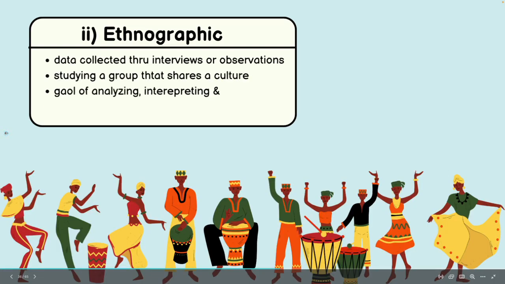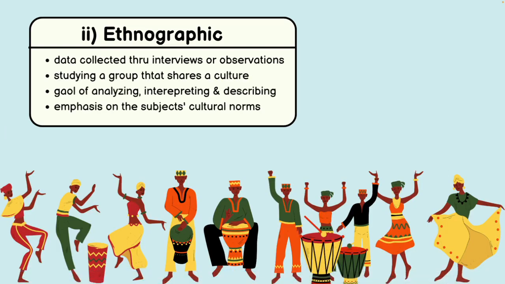Now, the ethnographic type research, this is where you're collecting information about a group that shares a culture. And so the goal is to gather information to understand and to describe and to analyze information related to that group's culture and understanding the cultural norms as it affects the process of education, the learning of the students. What are some of the things that their culture believes that influences the way that they approach